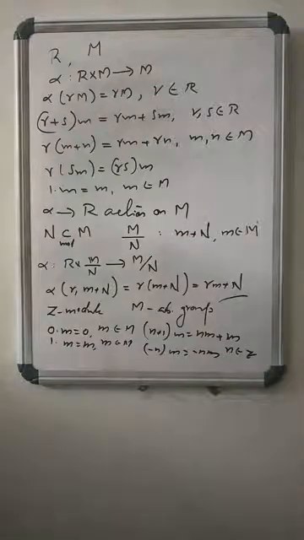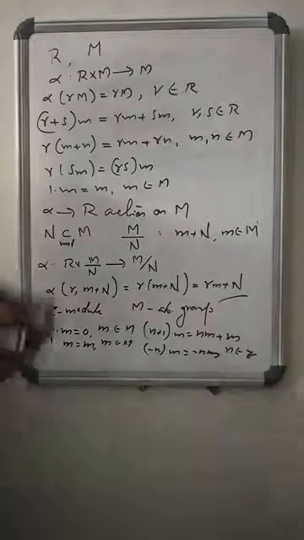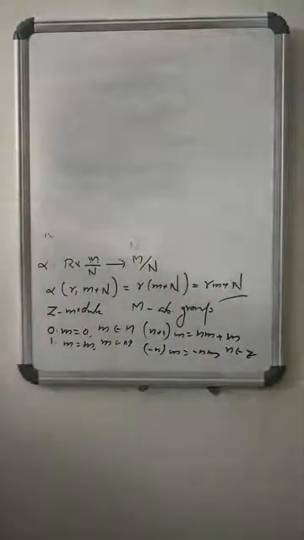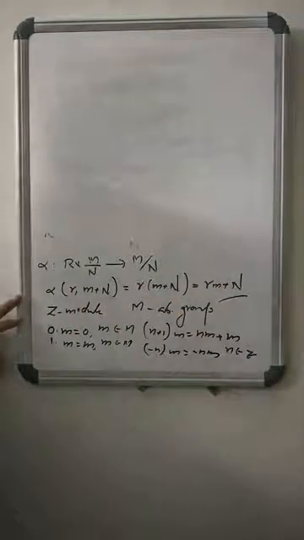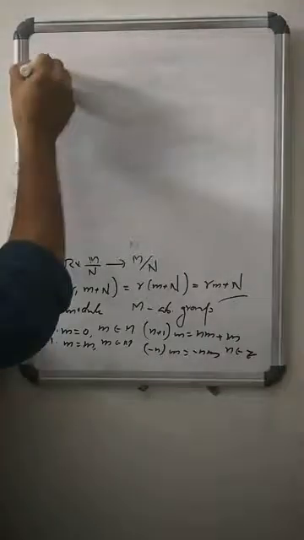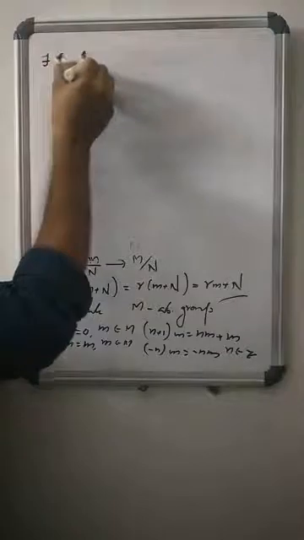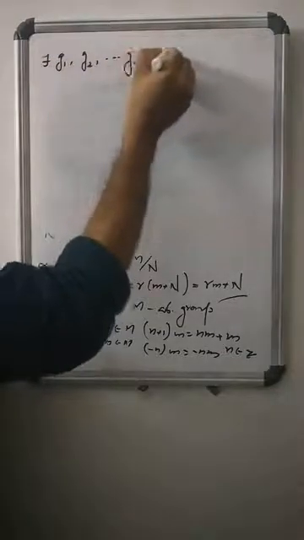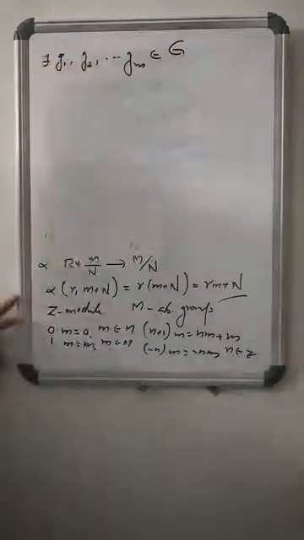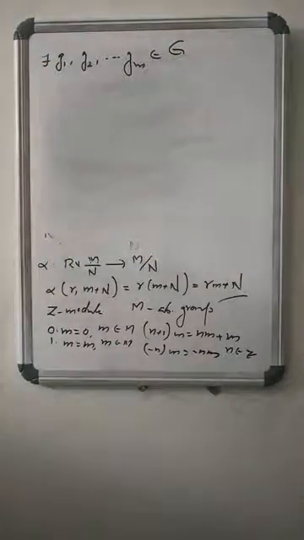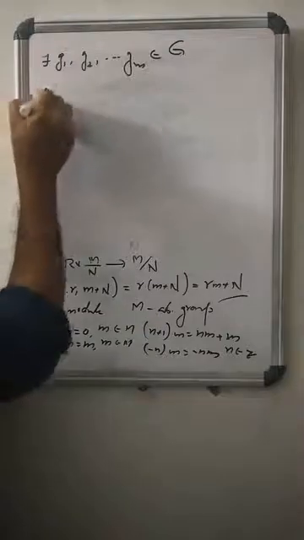Now, what are free abelian groups? Let G be an abelian group. G is finitely generated. What is finite generation? G is finitely generated as a Z-module means there exist some g1, g2, etc., gn in G such that any element g in G can be written